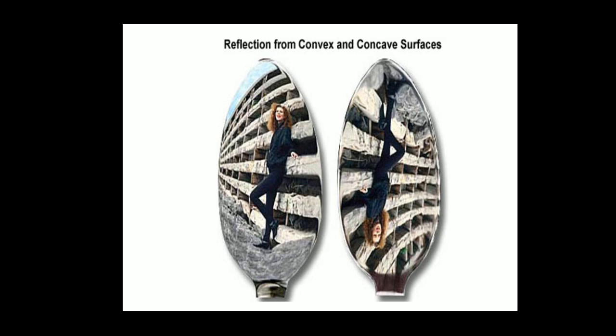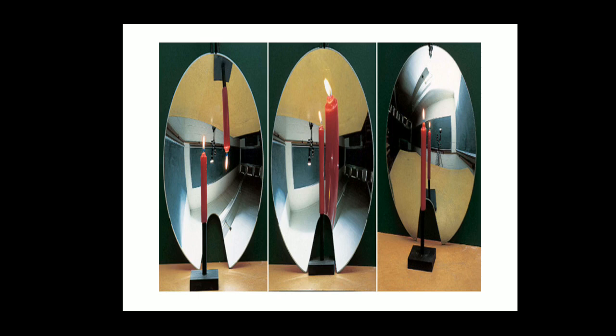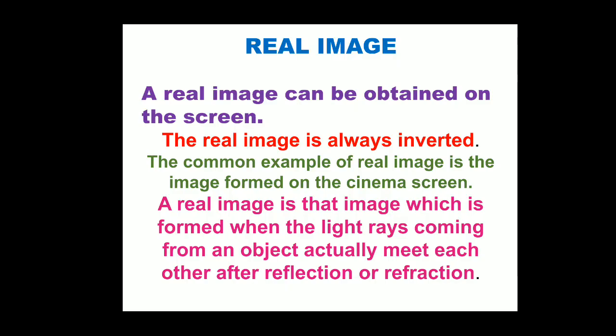This is with the help of a spoon. One side is a concave surface. If the same person sees his face on the other side, it appears as a convex surface. Now, here it is the same size image, but it is inverted. See here, the image is enlarged, and here it is diminished in size. Size is increased, size is reduced, and here the size remains the same, but it is inverted. So these are the ways in which we get the image.